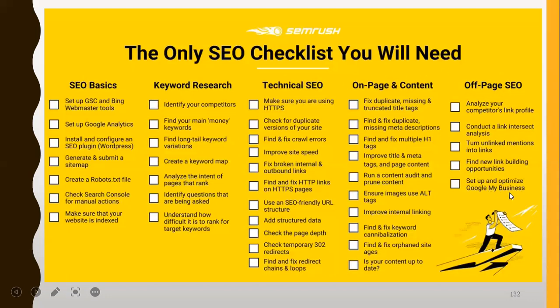Then you also want to make sure that you set up and optimize Google My Business. You want to make sure that you list your website on classified listing sites, classified directories, on forums, on external blogs, and link back to your website. You want to make sure your website is on social media platforms. It's a combination of all of this that makes your website rank on the first page of Google.